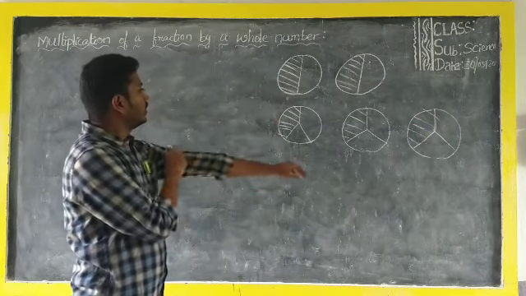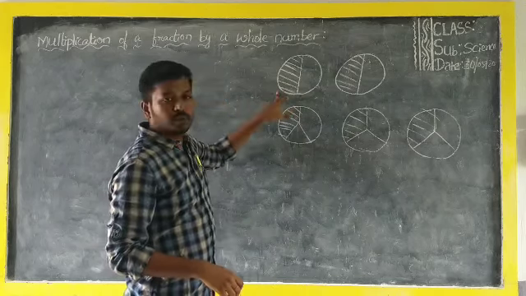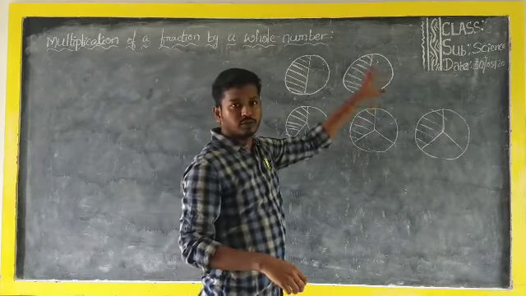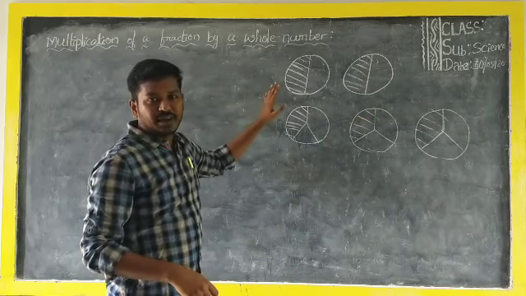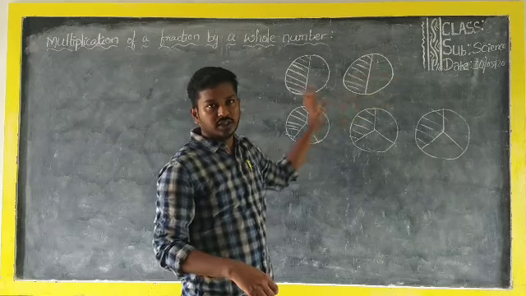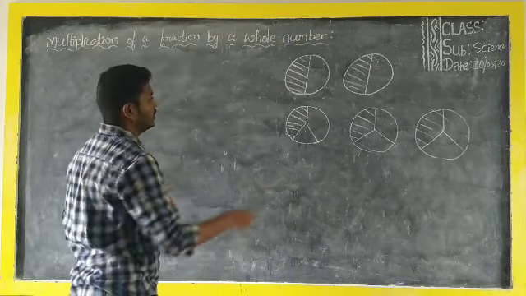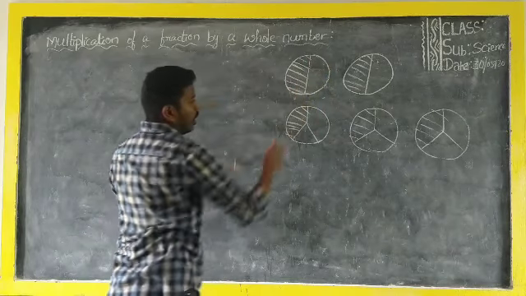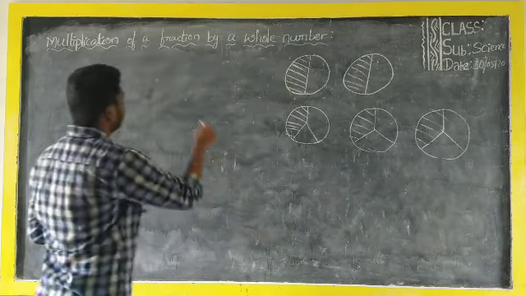Okay, students, look at this figure. Out of two parts, one part is shaded. Here also, out of two parts, one part is shaded. Now, how much part is shaded in both together? First of all, we have to write this circle. How much part is shaded? One part is shaded out of two parts. So I can write here